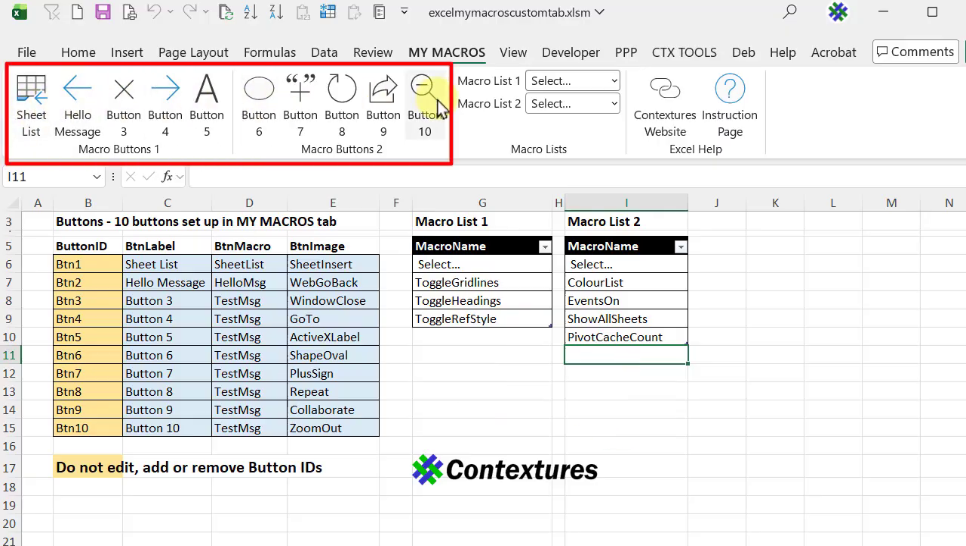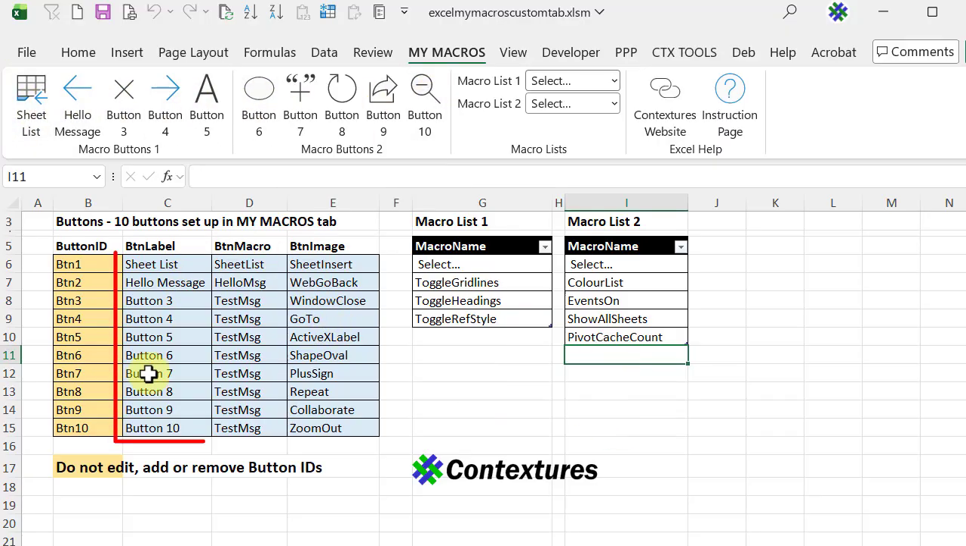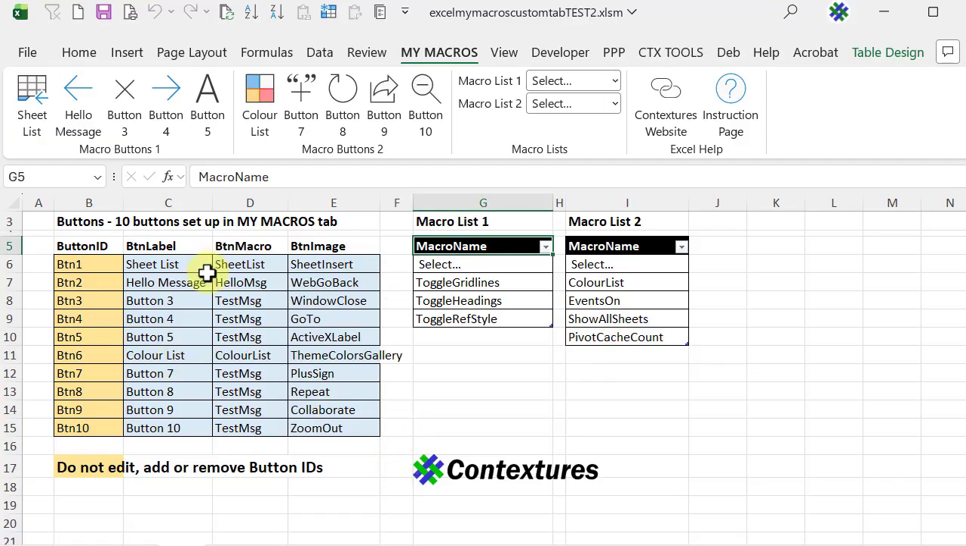You can change any of these buttons as well by changing the information in these blue cells. For example, in this workbook, I changed button number 6 to color list. So it's got a nice color block image here. It runs a macro called color list, and the label says color list. So I just had to type here, and then I close and reopen this file, and it shows up on